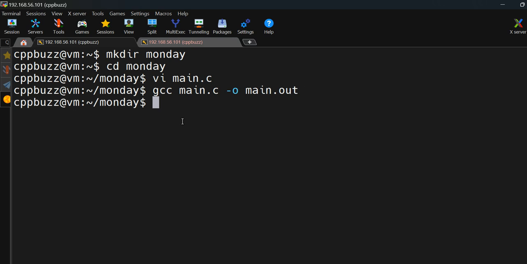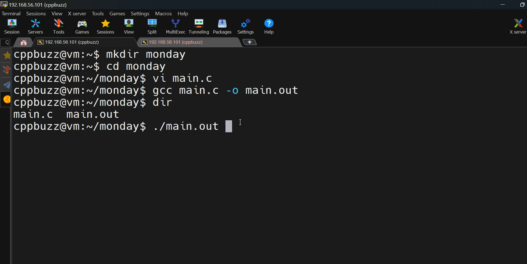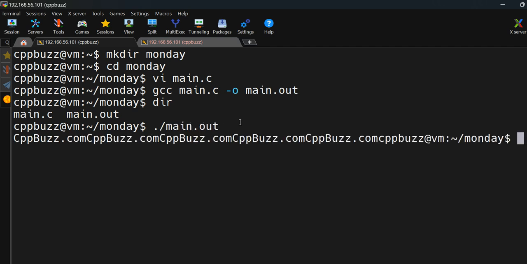Now you see I don't see any error. I don't see any warning. To make sure the binary is generated, I will make use of the dir command. It will show me all the available files. Earlier we had only main.c, but now I have one more file. This is the binary file produced by the GCC compiler. To run it, I have to do ./ and then the binary name, main.out. And if I run it, you see this message is printed 5 times,